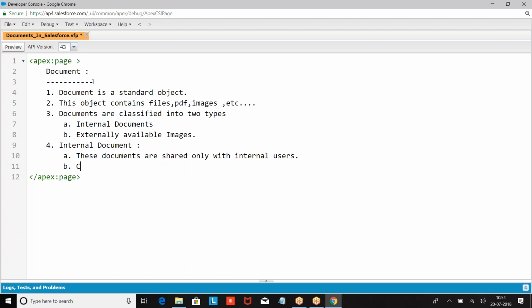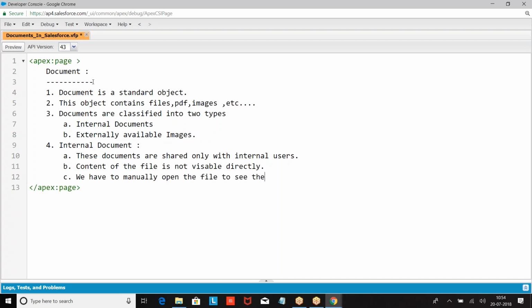Content of the file is not visible directly. We have to manually open the file to see the content.